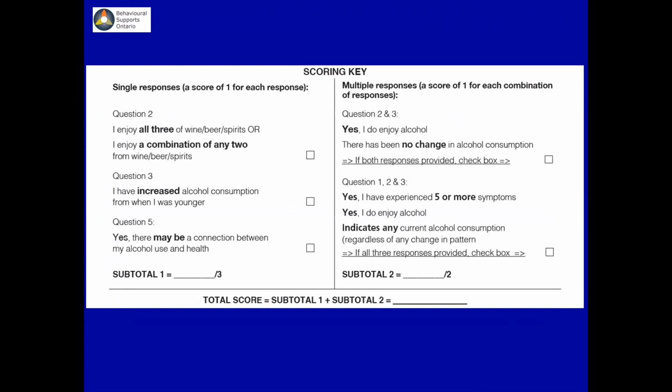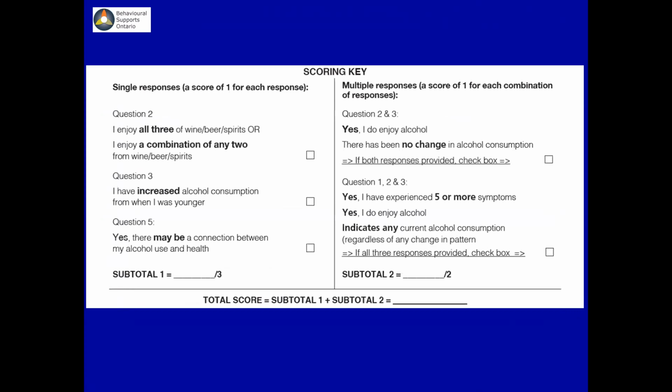And really, you just need a score of 1 or more to flag as a potential at-risk or problem drinker with the SAMI. At this point, I usually have a number of people listening who say, well, if I completed the SAMI, I would score positive. So what does that mean about the SAMI? So for one, you're probably not in the age group that the SAMI is really aimed at, first and foremost, because you're all young chickens here.